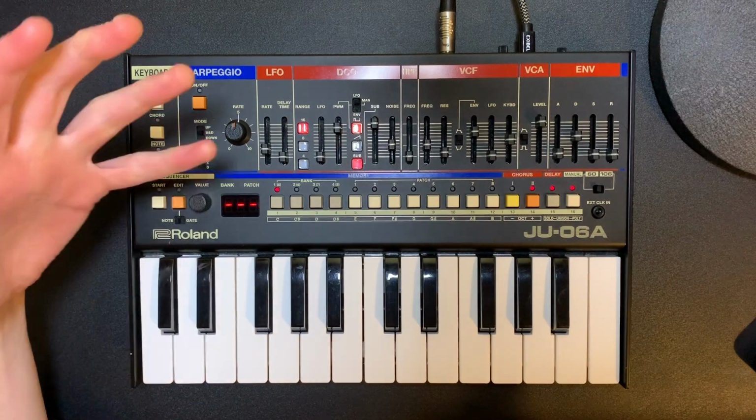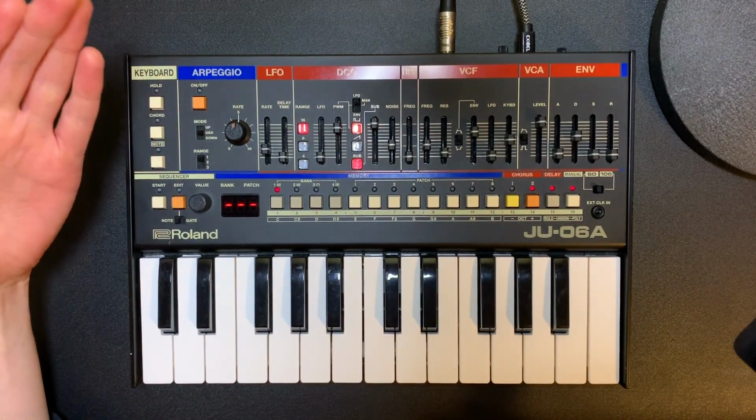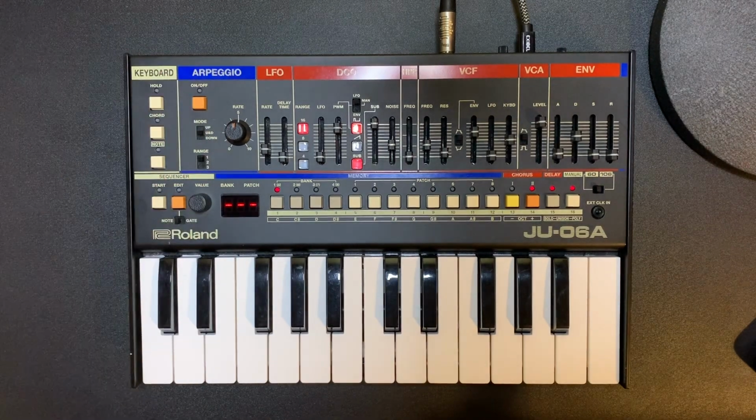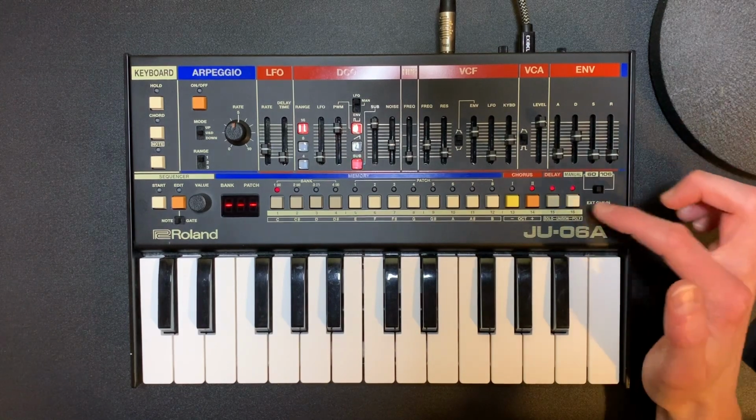And I think recreating presets is a really good way to learn how to make synth sounds for yourself, because you get an idea of what's going on. So I'll show you how I listened to the sound and tried to recreate it. We're in manual mode, and the first thing I'm going to do is